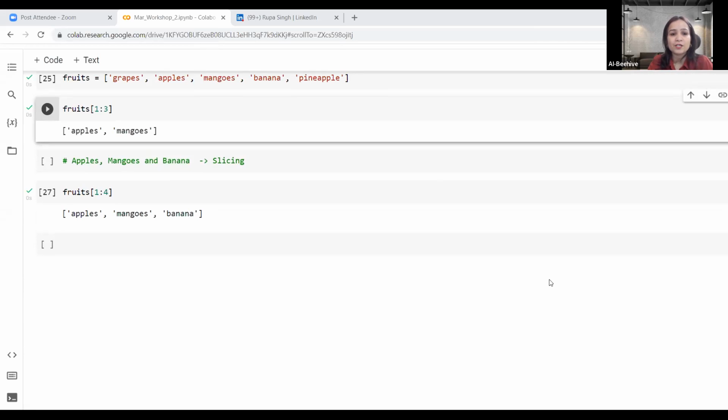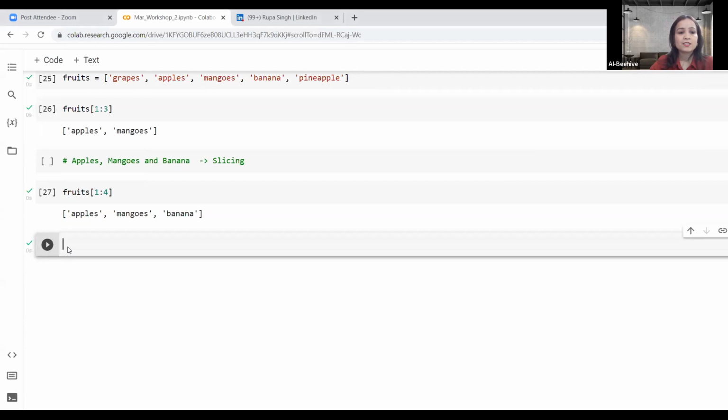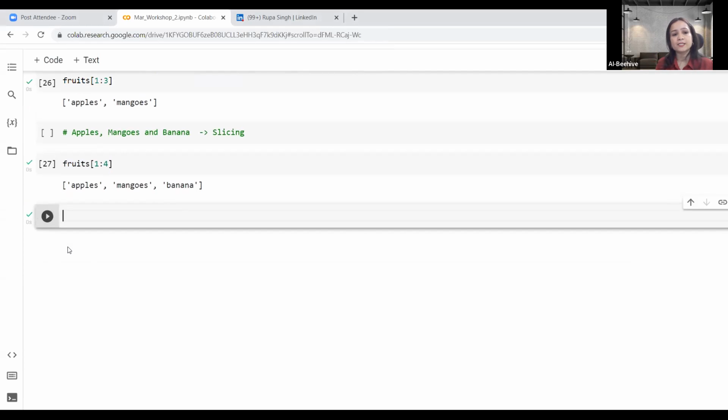So from your work area, from your domain of expertise, you can think about such examples: how we can use your data for slicing and indexing, and where slicing and indexing could be helpful in your area of expertise. All right. So this is how we use indexing and slicing. And then another one to use is,